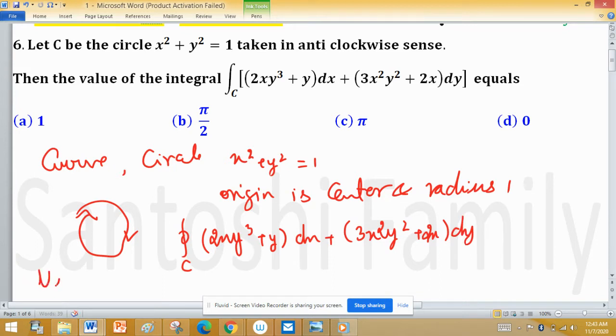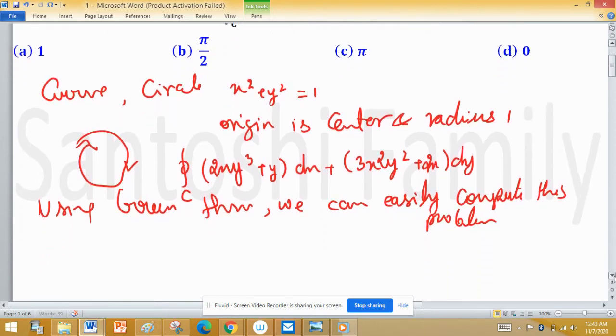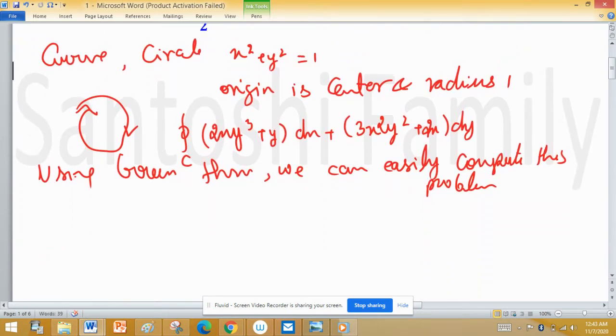Using Green theorem, we can easily compute this problem. So I'm going to use Green theorem, and what Green theorem says, if this is a line integral over curve C,